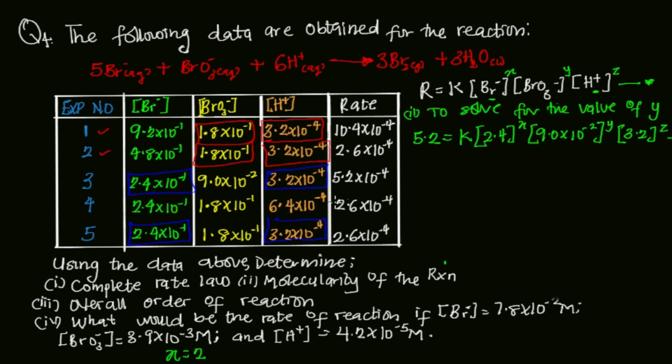Then bringing out equation 2, which is experiment 5 here in this case. So I'm going to have this to be 2.6, which is equal to our rate constant, then multiplied by 2.4 raised to the power of x, and this as well is going to be 1.8 times 6 to the power of